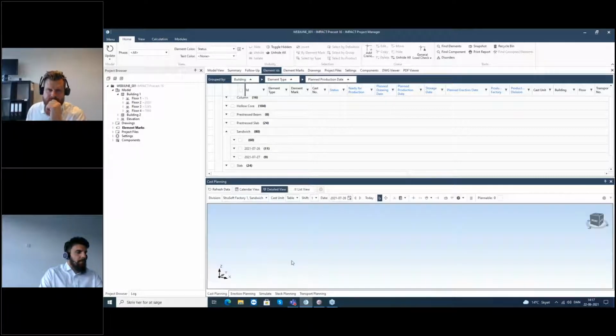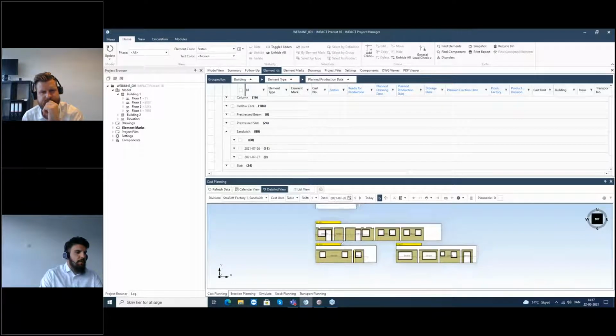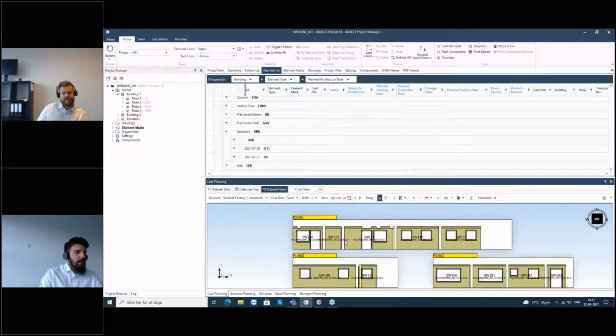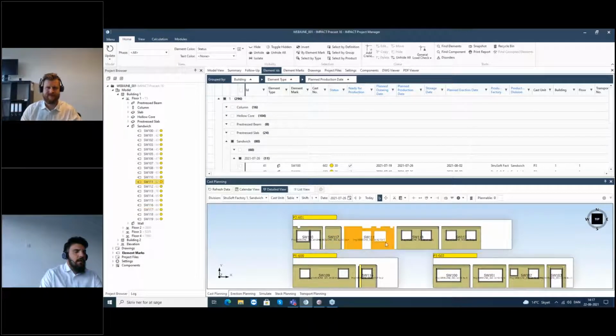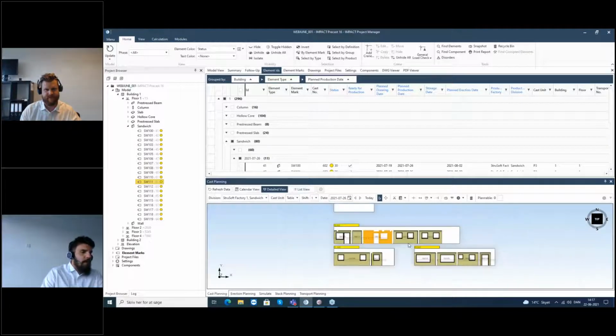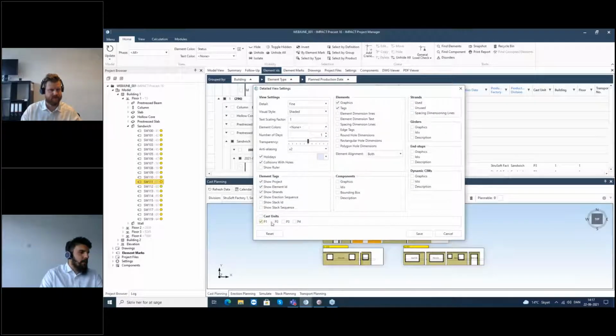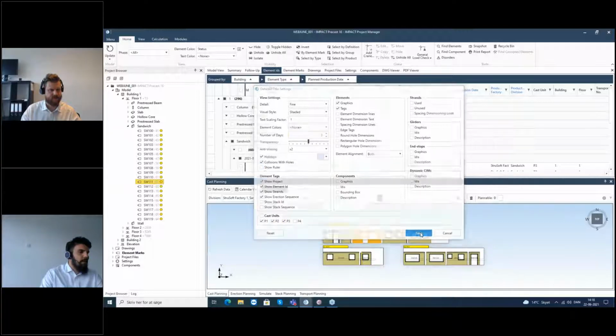If I double click on my screen here, I go on my date and I can easily see on the detail view here how my beds look and how my bed planning is working at the moment. So I have added some big elements and small elements, and again they were planned according to the erection sequence. Of course, there are different possibilities here, and if I want to, for example, move things around or do some things from the detail view instead of using the calendar view, which is something that a lot of people I know would like to do, then we have the possibility to select in the settings our beds P1, P2, and P3, and go up in the days in the view. So if I say save,